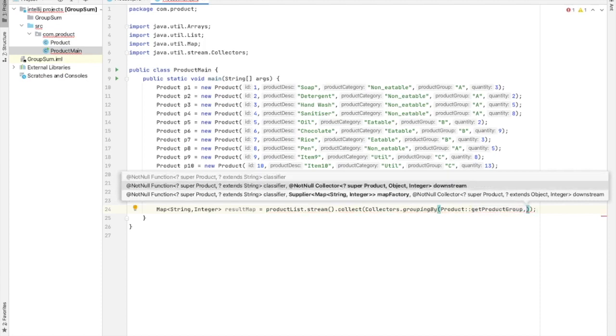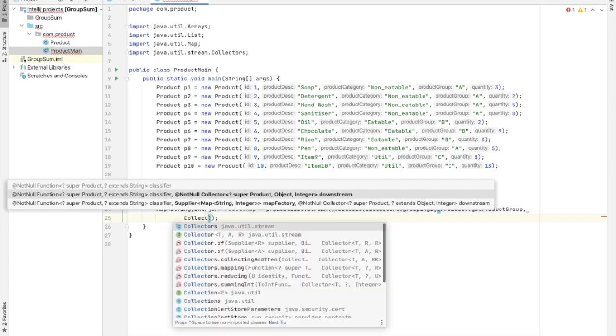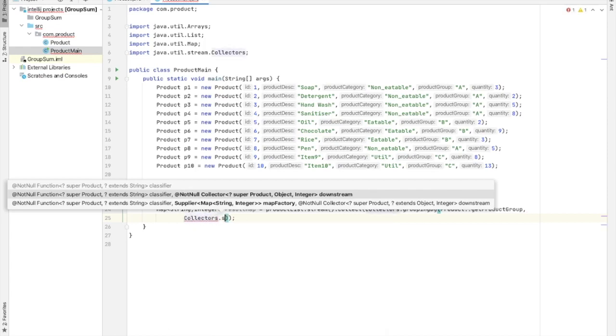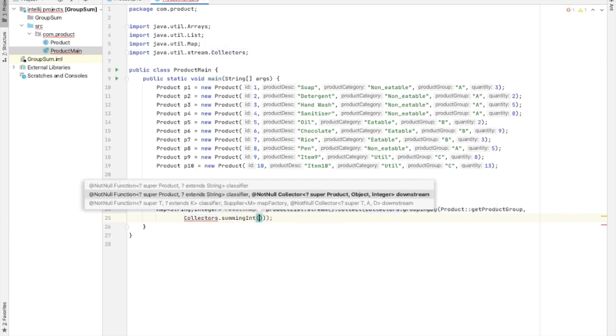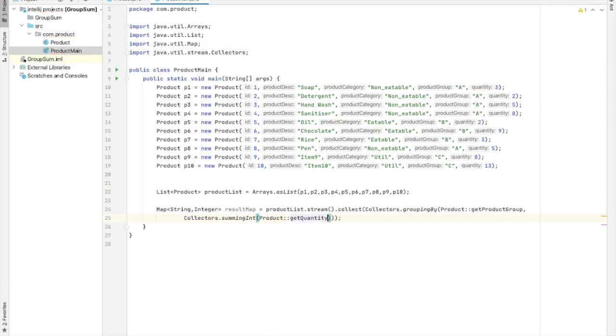Next parameter is, let us do an enter, Collectors dot summingInt of, give the class name, double colon operator, getQuantity.